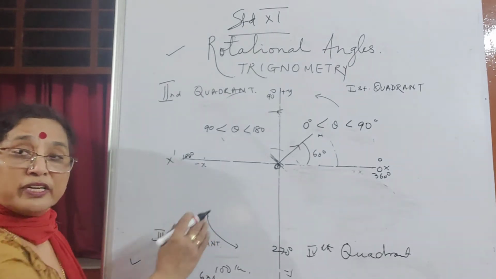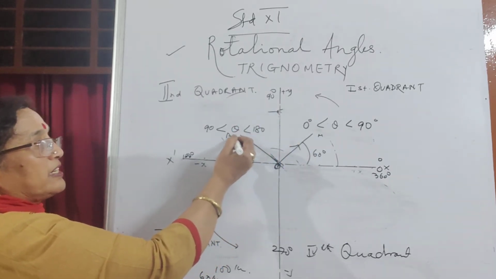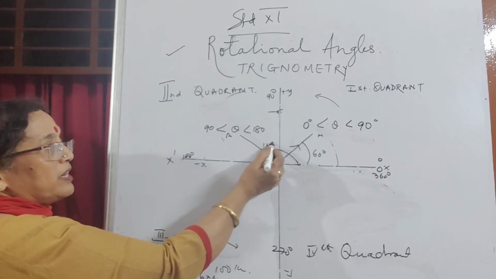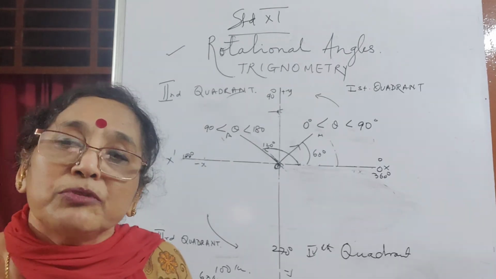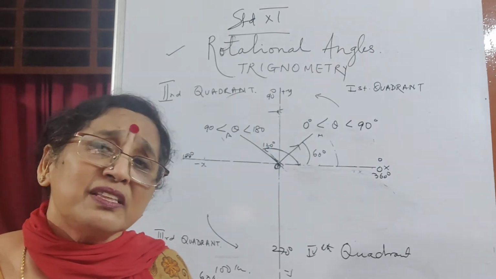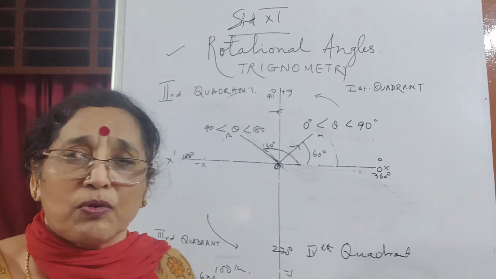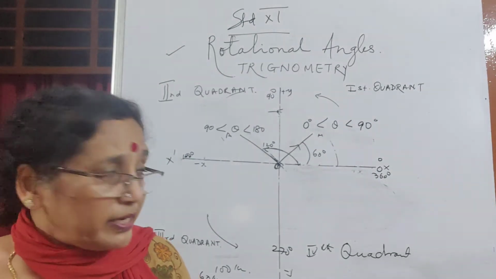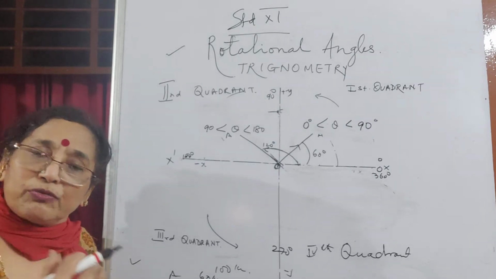Here, suppose the line OA comes here, and I'm measuring from here to here, so it's 120 degrees. When I say 120 degrees, immediately you know it has to come to the second quadrant. When I'm talking 135 degrees, you know your position is in the second quadrant. If I'm talking of 178 degrees 11 minutes, second quadrant. Immediately you should know by looking at the angle which quadrant I'm in, right? That is very important to come to all the formulas which I am going to write.